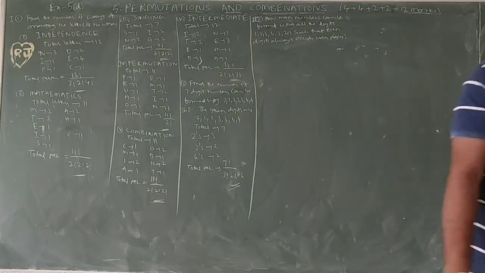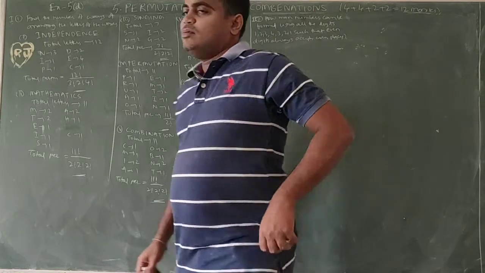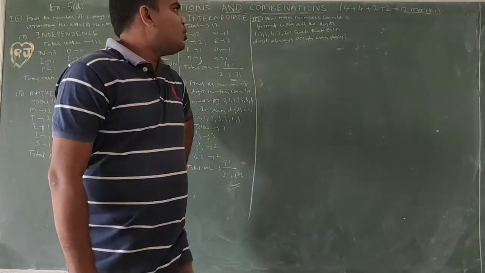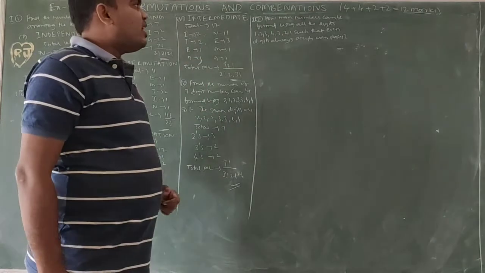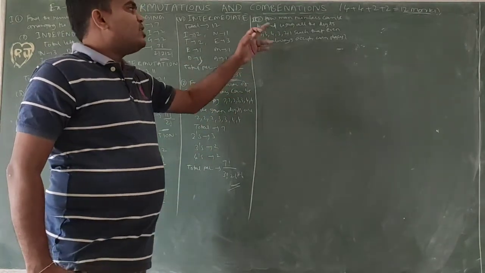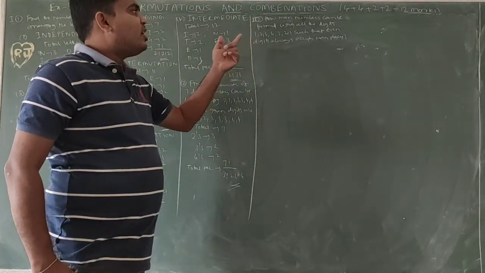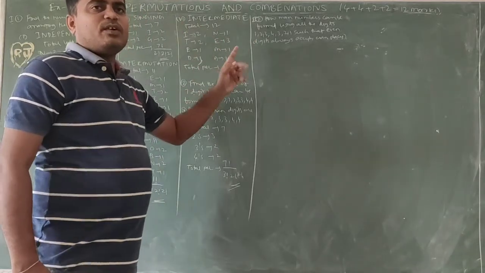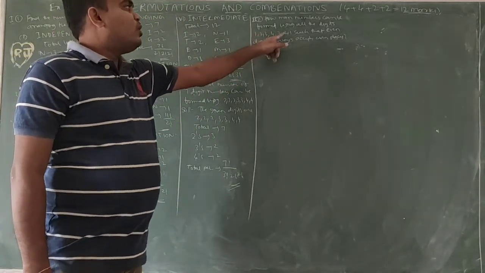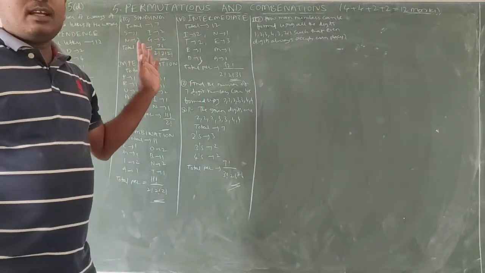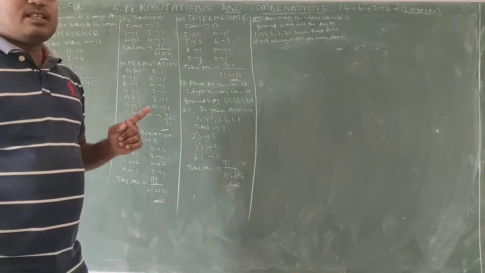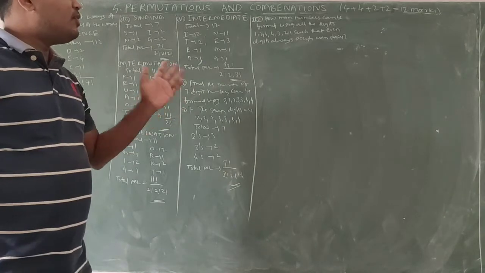Okay, now coming to the problem. First, the given digits are 1 2 3 4 3 2 1. These are the given digits. So in general we are arranging 7 digits, 7 factorial by what are repeated? 1 2 times, so 7 factorial by 2 factorial, 2 factorial, 2 factorial. So this is the general answer. But here one condition is given: even digits must occupy even places.